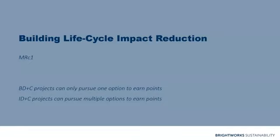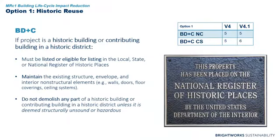Okay, so that is embodied carbon in a nutshell. And now we're going to dive into these credits. So starting with MRC1, Building Lifecycle Impact Reduction, it's important to note that BD+C projects can only pursue one option to earn points, whereas ID+C projects can pursue multiple options to earn points cumulatively. And there are 4 options in BD+C and 3 options in ID+C, and they